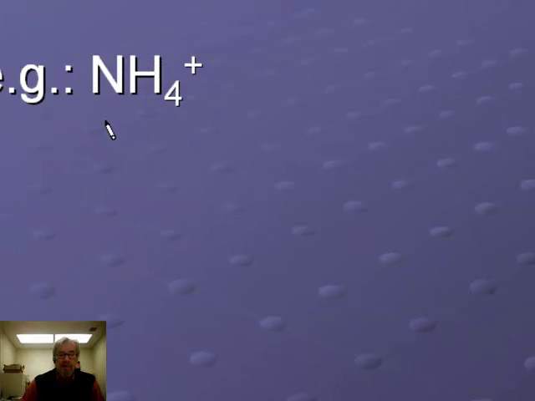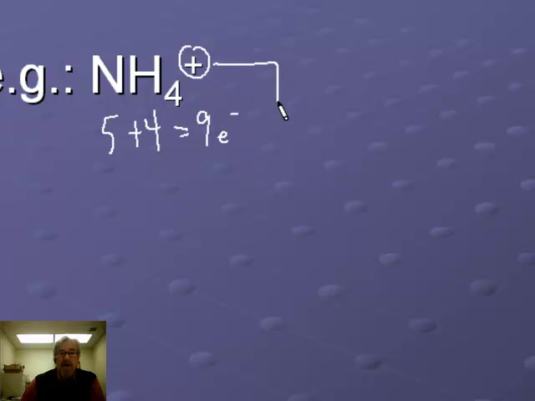So here's an example, ammonium. To draw a Lewis structure for this, I start out the way I normally would and just make an electron count. Nitrogen's in column 5, so that's 5 electrons. Hydrogen's in column 1, that's 1 electron, but there's 4 of them, so 5 plus 4 gives me 9 electrons. However, this is a plus 1 charged species, so that means there's a missing electron. So because of that, I will subtract 1 electron from my count, which leaves me with 8 electrons that should